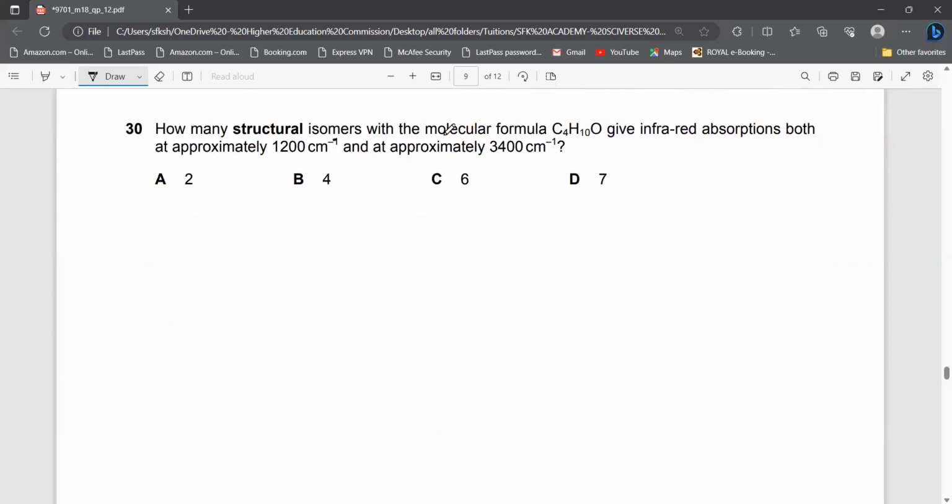Now, how many structural isomers with this molecular formula give infrared absorptions at both approximately 1200 and approximately 3400? In this particular case, we need to look at the structural formula and at these absorption peaks. These absorption peaks are something that you will have to refer to the data booklet for. So let's look at it. Now, we have four carbons in here, hydrogen 10 and oxygen, and this is infrared